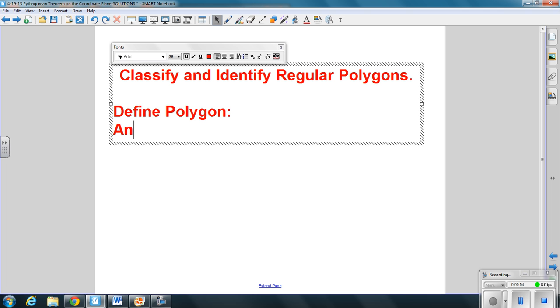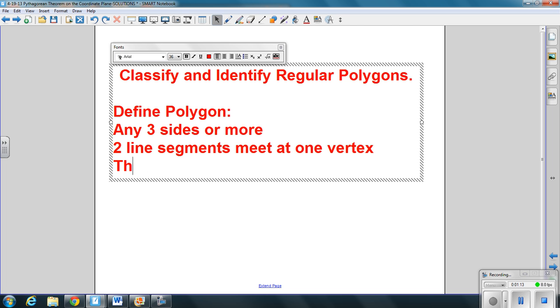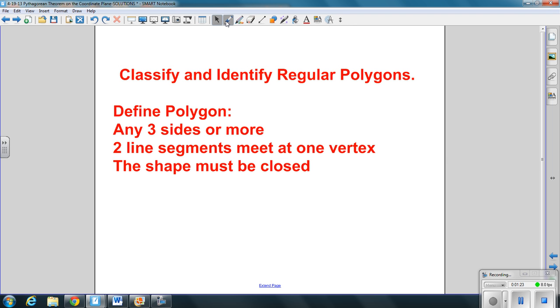A polygon is a shape that has 3 sides or more, 2 line segments meet at one vertex, and the shape must be closed. So what does that mean? Well, if you take a look at this little drawing,